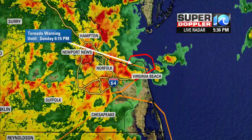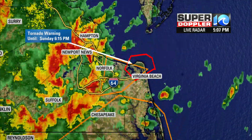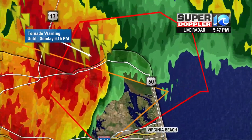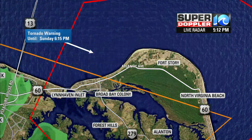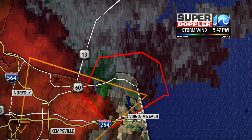We have a new issued tornado warning for the city of Virginia Beach. This is for the north end, and this means business. So we're talking about a thunderstorm with the potential of an area of rotation, potential of a tornado right across the north end, Cape Henry, right through the Lynn Haven Inlet, Broad Bay Colony, Atlantic Ave up that way, Fort Story. A lot of lightning, and we're talking about a big area of rotation with the potential for not only